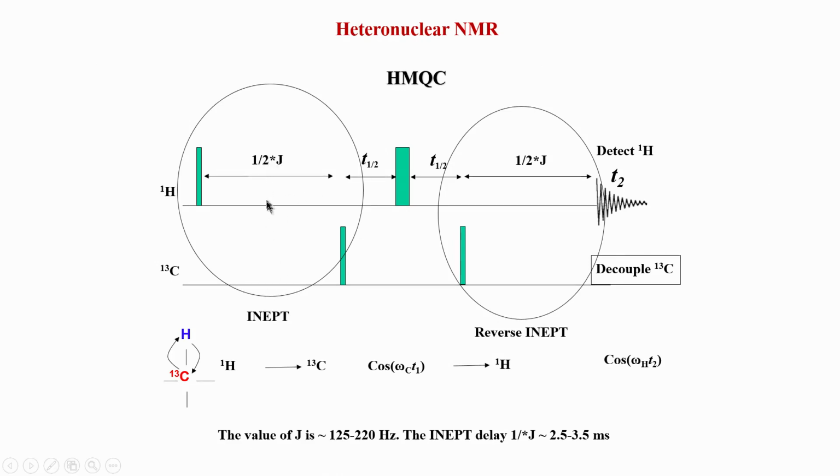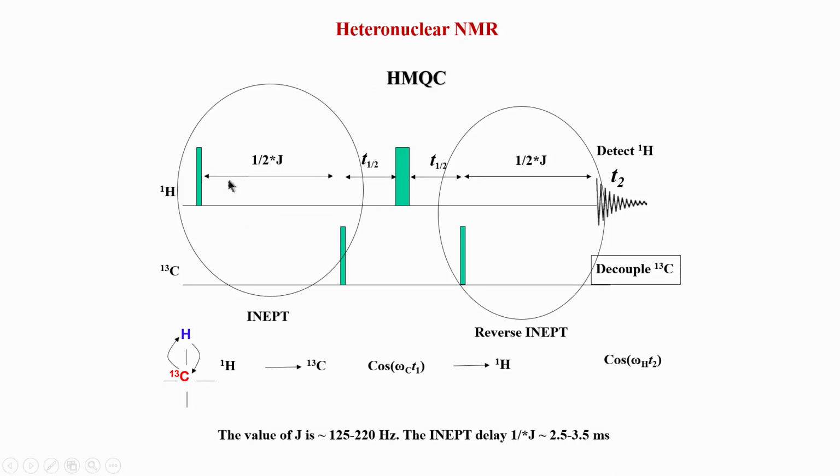A simple 180 does not have a broadband inversion and refocusing effect, so you lose magnetization. The job of a 180 is to invert or refocus a magnetization, which is typically not very efficient in NMR. So, if you remove 180s like this, it becomes more efficient, because the overall transfer efficiency is improved or enhanced.